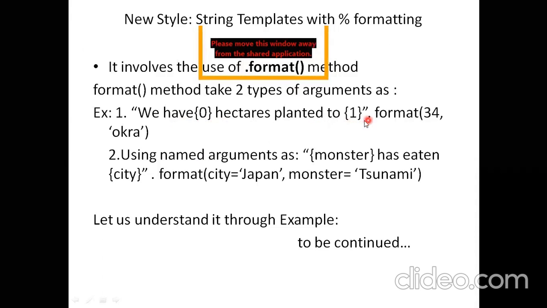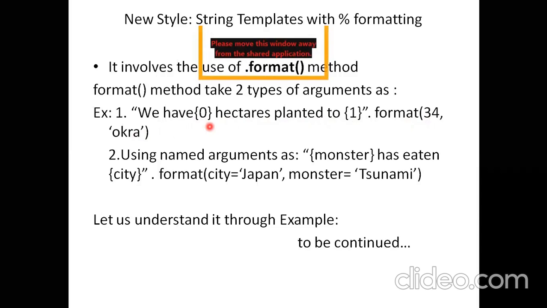So instead of dash, wherever you want to put the values, you can just use curly brackets. Now, the curly brackets can be empty too. There is no need to specify integer values inside. If you specify, it will just show how this will go, like the first value will be 0, another value will be 1. But if you do not specify, it will not make any difference.